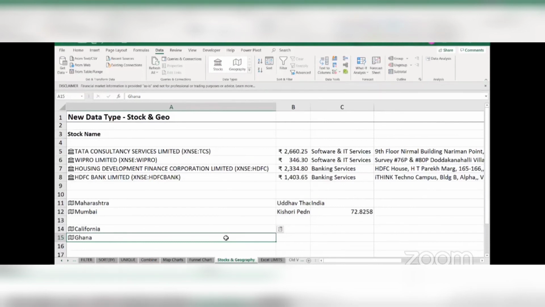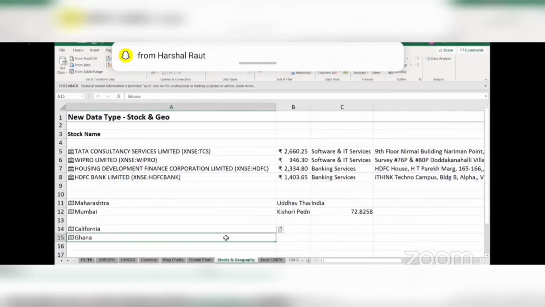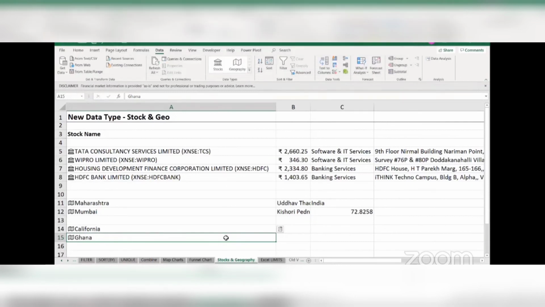This is revolutionary for data collection. Yes, it is. Where is the data coming from? From Microsoft. I think it's coming from the Microsoft servers, so your Bing Maps, all these things. Is it available for futures and options? No, it is not.